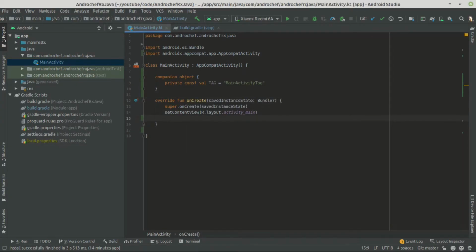In Android Studio we'll make a function, RxJava operator showcase. In that, first we will create an observable.